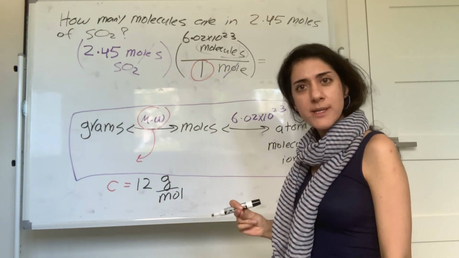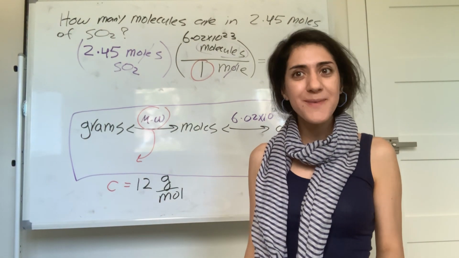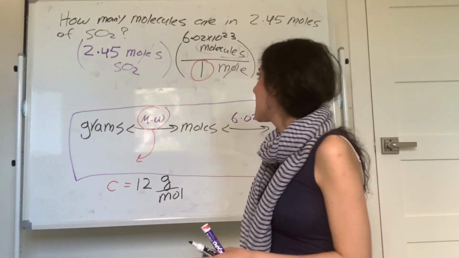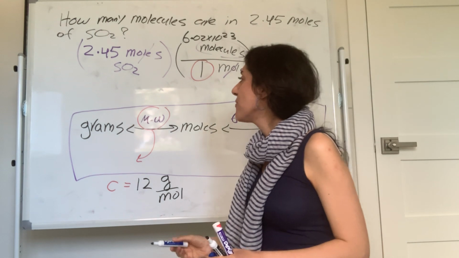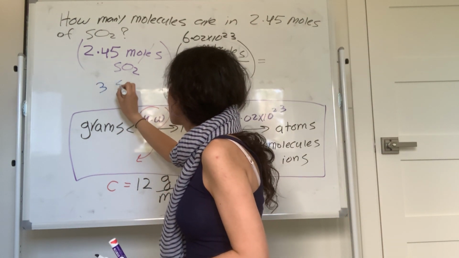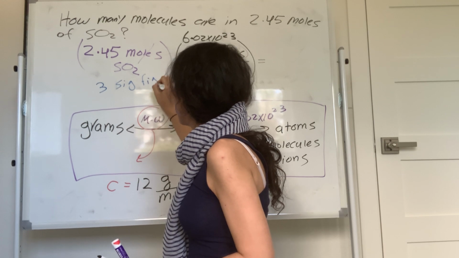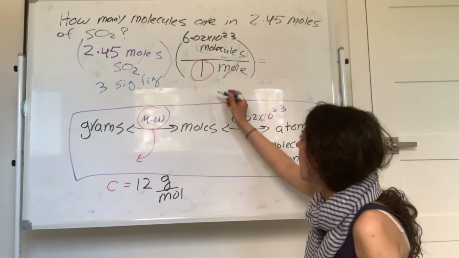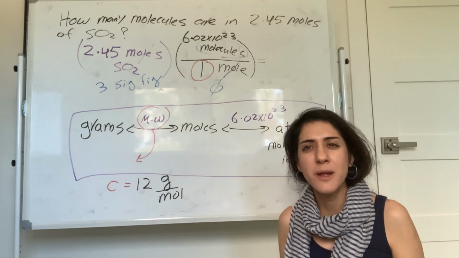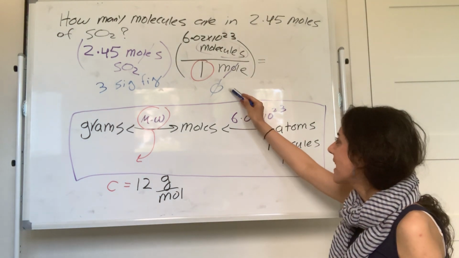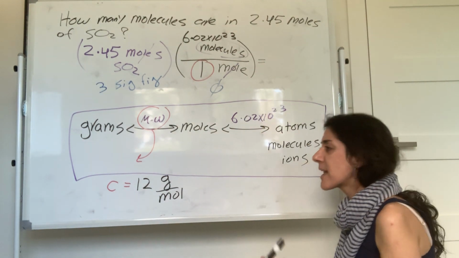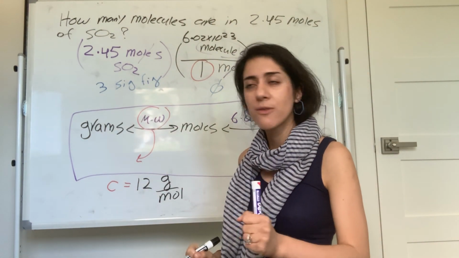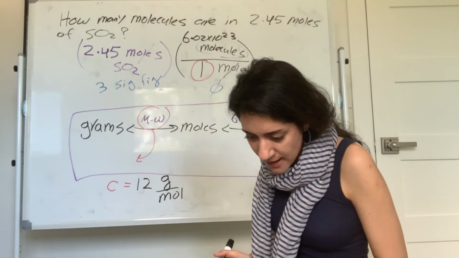Now, before you tell me what you get, you should also care about significant figures, right? That thing always comes back. Now, 2.45 is how many sig fig? This is 3 sig fig. Now, how many sig fig is this? This is an exact number. This is not going to count for sig fig because you didn't measure the Avogadro's number. Sig fig is for something that we measure. What did we measure? This is what we measure over here, 2.45. So my final answer should have 3 sig fig, which would be